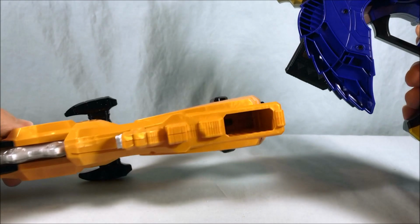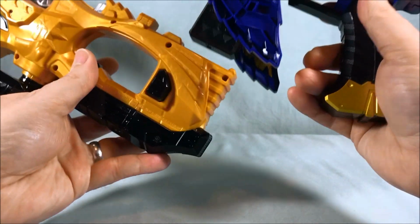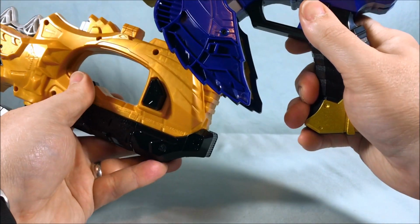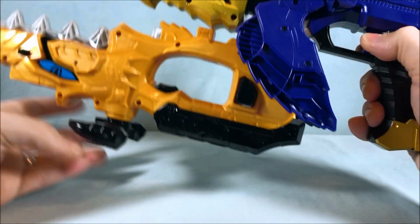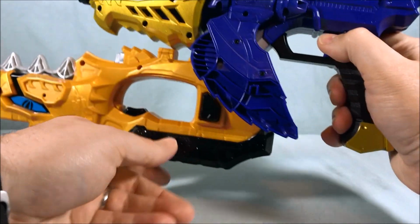And then you'll see that there's a large connection port there on the bottom of the sword. If we go ahead and just plug it in as is, you can see nothing really happens. Mostly because it probably doesn't connect all the way,